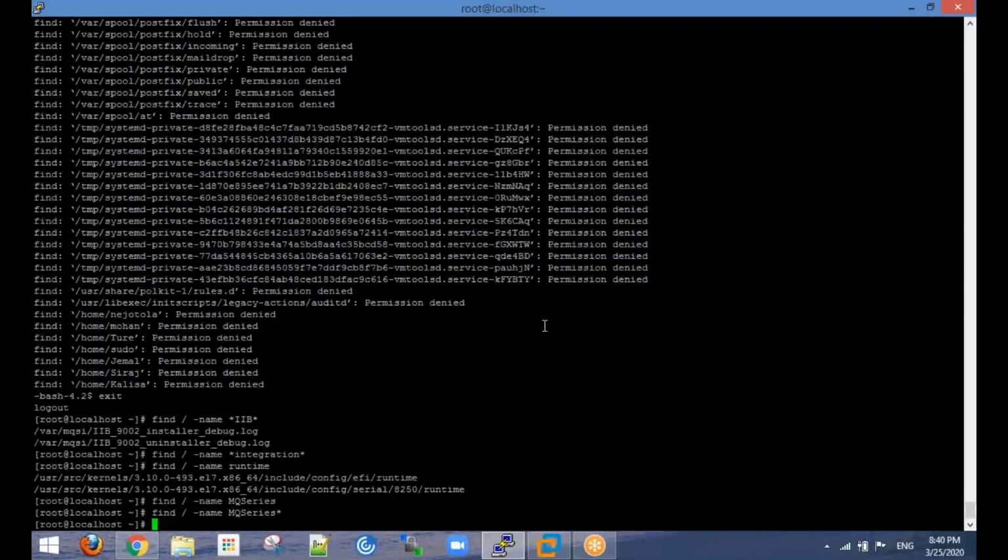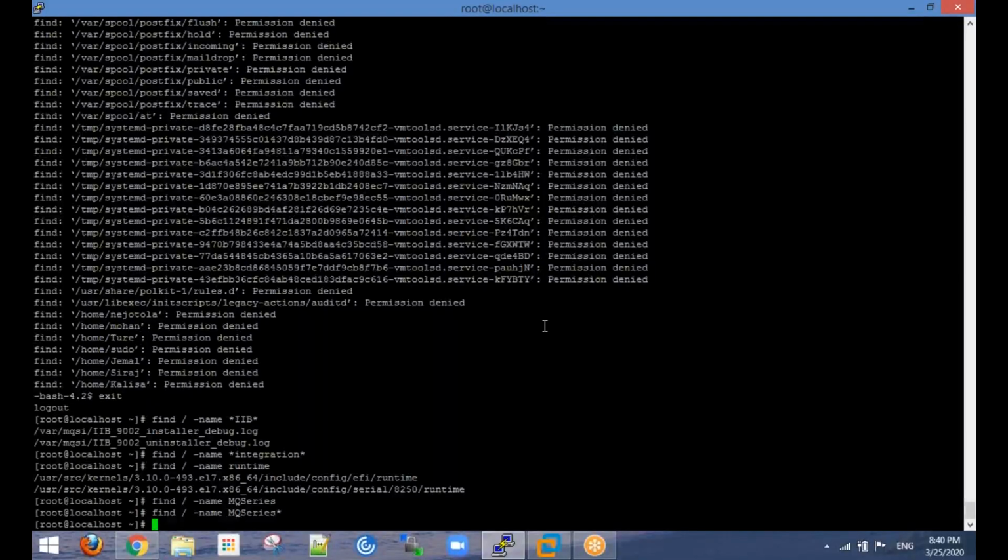So maybe after installation of MQ and IIB, you might have accidentally deleted those folders. No, I didn't delete anything. It might be an accident, like by deleting something you accidentally deleted this thing and still you think that you have not deleted. Sometimes it may happen because it happened with me so many times. So that might be the case.